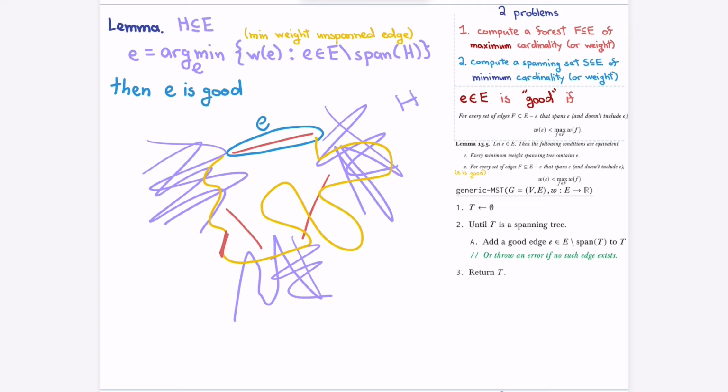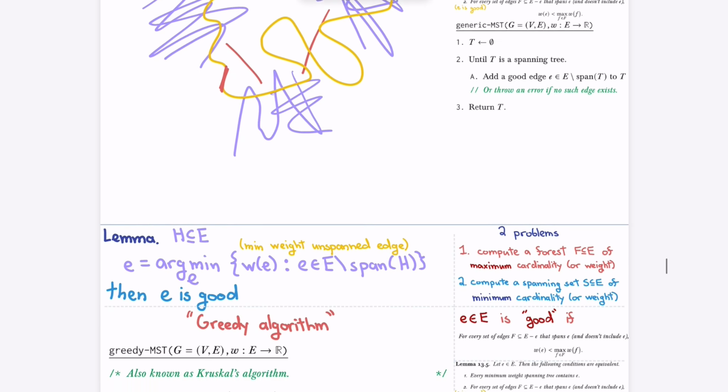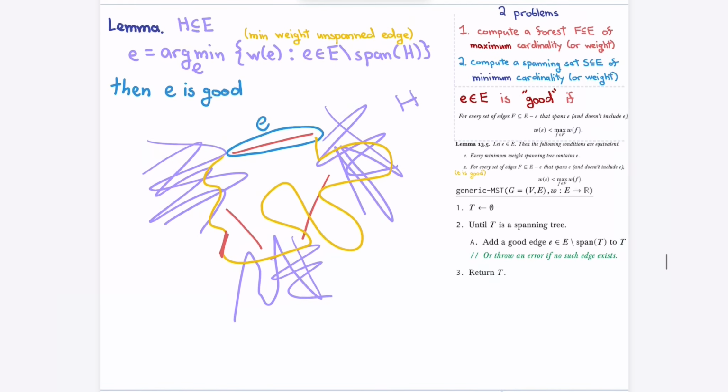Okay, so that's all we're going to use. We're just going to use this lemma where we propose some set H and then find some edge that's cut by H, not connected by H. And we'll take the minimum weight one. All right,